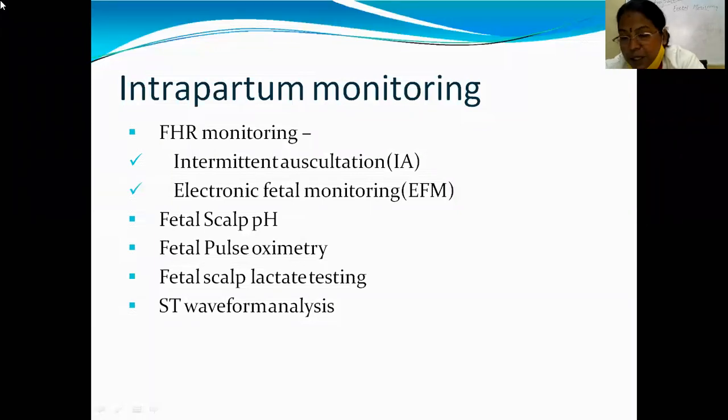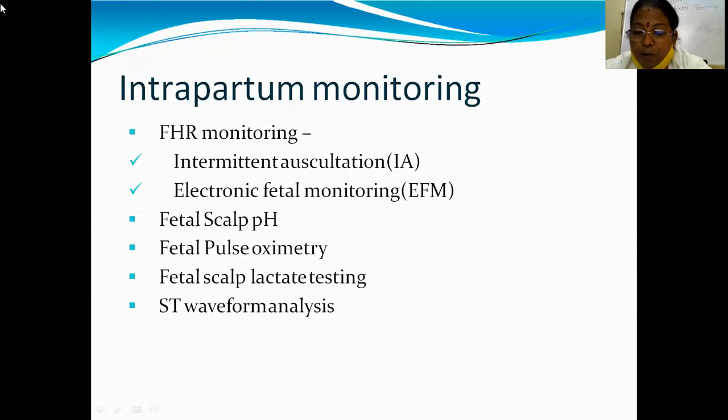In a healthy fetus, they will tolerate this. Even if there is a reduction in the blood flow, it will not have any adverse effect. But the oxygen delivery depends on what happens from the maternal lungs to the placenta, then from the placenta to the fetal circulation, and from fetal cardiovascular activity to the other tissues. This is the chain which happens, and when there is a problem anywhere in this chain, it reduces the availability of oxygen and can affect the fetus.